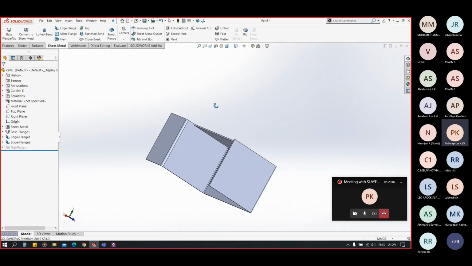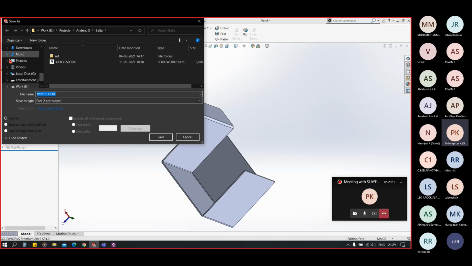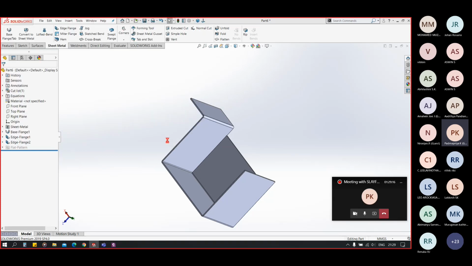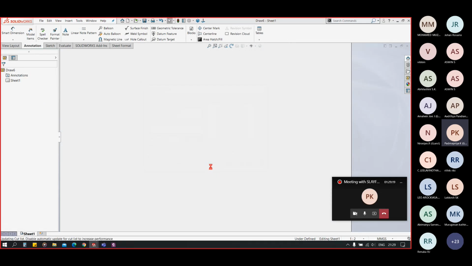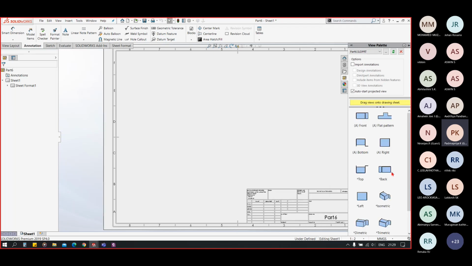So you can see we have this type of sheet metal part now. So now going to drawing. Now you can see when you have a sheet metal view, you have one extra option here as a flat pattern. So in sheet metal, always remember to insert the flat pattern view.